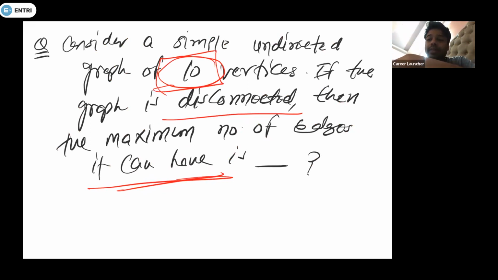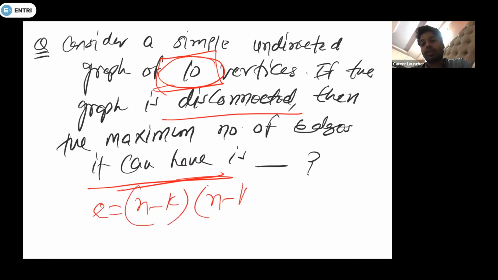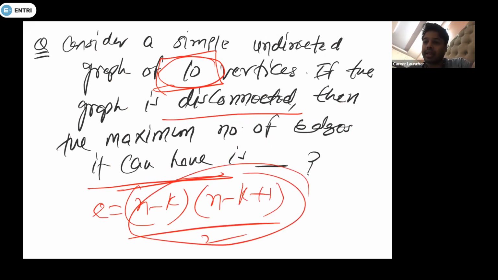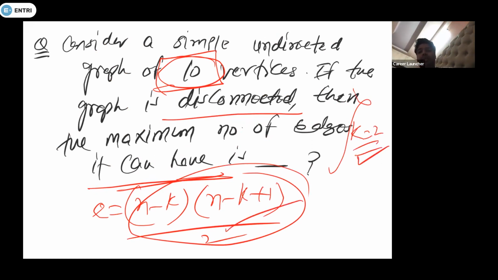Okay, and the graph is disconnected. So in the given problem there are 2 components. Here the maximum number of edges formula is what? E equals (n minus k plus 1) by 2. Here the number of components is given, there are 2, so k=2 is given already. This one was already discussed in the discrete mathematics lecture. Okay, next one is